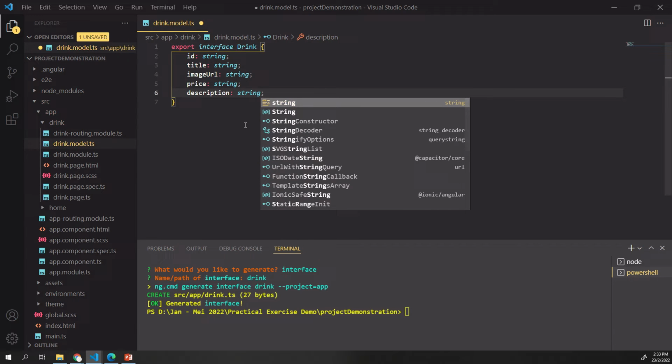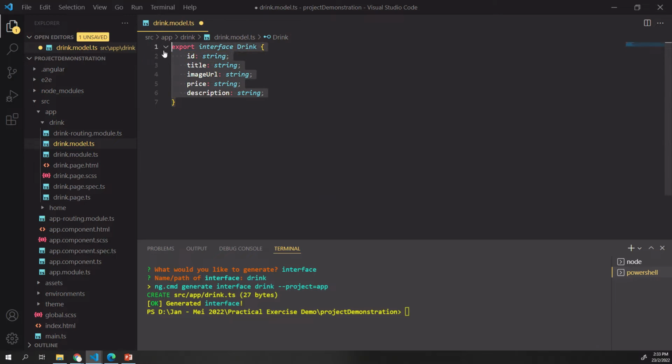Okay, just like what you are doing inside Arduino, we always need to declare the type of our data. So this is how we do it. We now have an interface called drink. We will call this interface to be inserted into a database that we will save inside the service. Now we have this interface, we will save that,